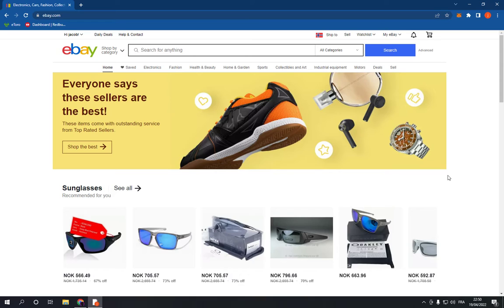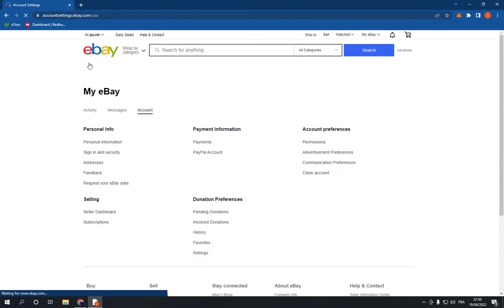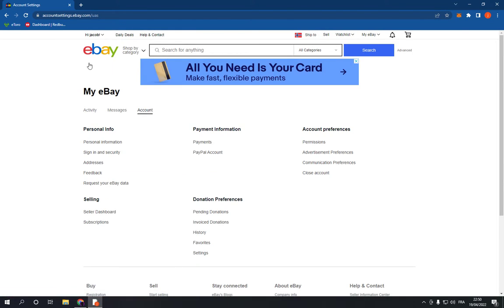So all you have to do is log into your account, of course, and now go to the top here and click on account settings. Choose account settings. Now on this page you will find many options, and here is the payment information option. Click on PayPal account and you will be able to connect it. Easy and